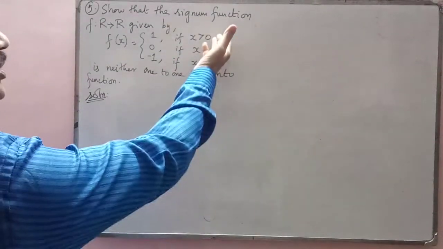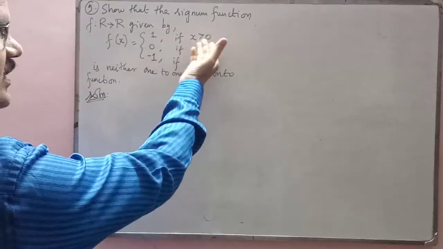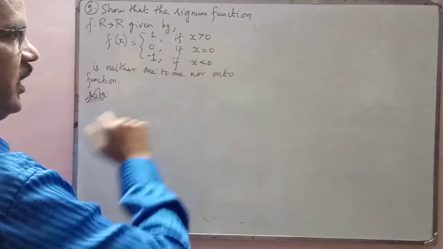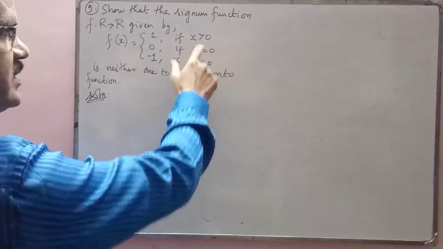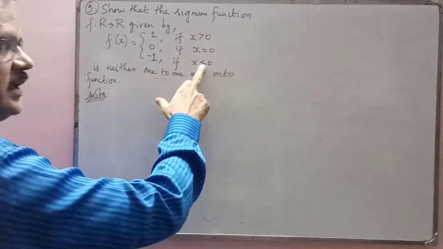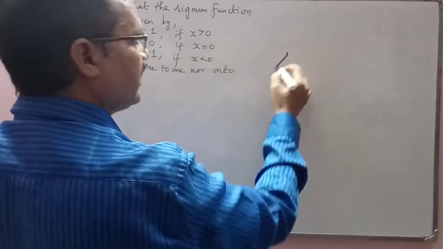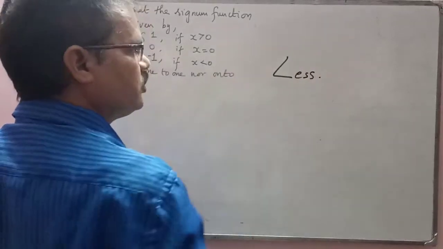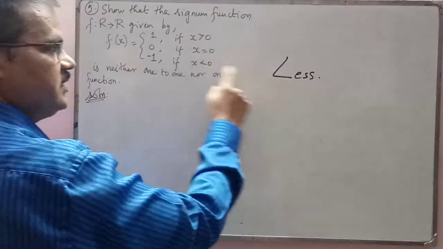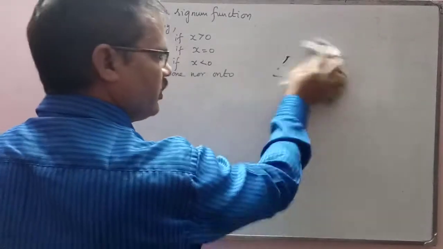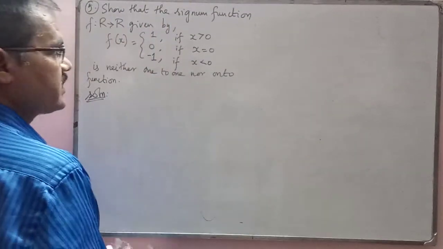Now, from the question itself, if x is greater than 0 or less than 0, how to identify the symbol? Some of them may have doubt. This is a less than symbol. It starts with the letter L. Actually, the letter L has been changed to the less than symbol. So, on seeing this, you should understand that it is L. Hereafter you will not be having that doubt. Now, let us come back.